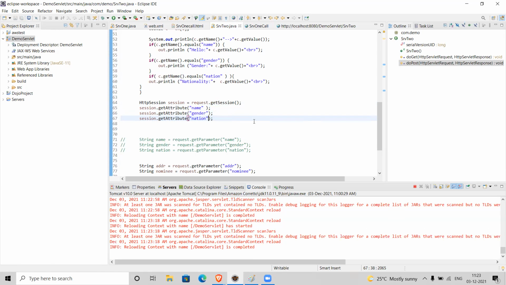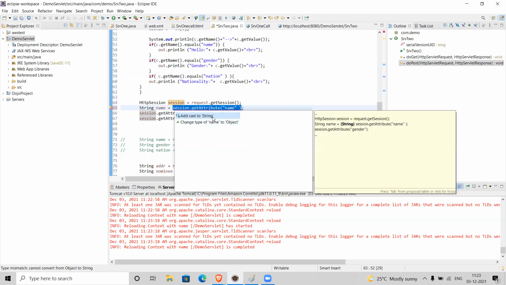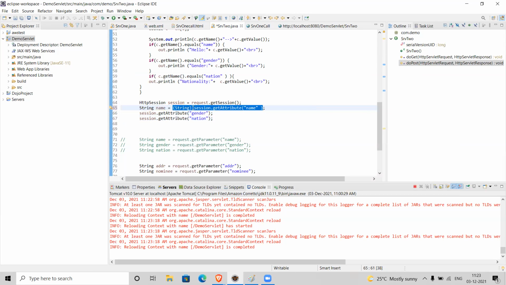In the browser side, we displayed that information. The data from form 1 was printed in form 2, and then we sent the name, gender, and nation from form 2 to servlet 2. And in servlet 2, we displayed all the data.